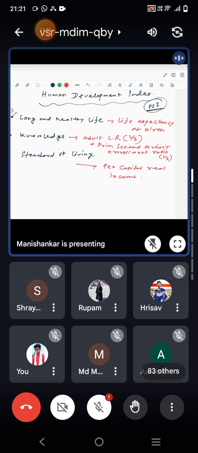So if you know the main components under HDI, then you can easily identify it. Suppose IMR, infant mortality rate, or public expenditure, these are not components of the human development index. So you can easily identify. That's why for 2 marks, this one is also very important, and it is a reason for your upcoming exam. Okay, CUET সবাই দেবে সেটা.